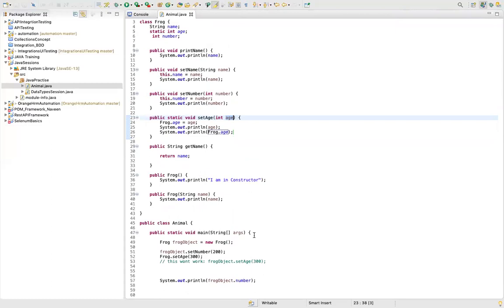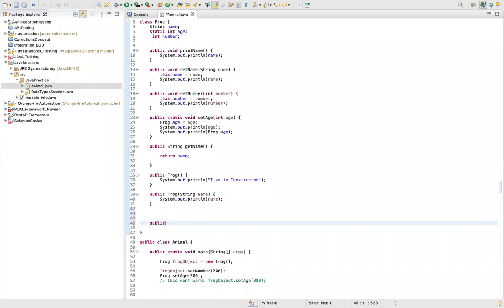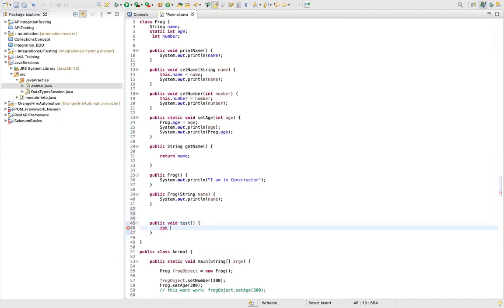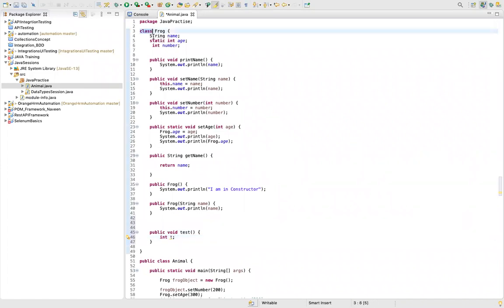So guys, there is one more thing. We saw a couple of types of variables. This particular variable is called a local variable. Whenever you create a method, you say public void test, this is your method, right? Whatever you define over here is called your local variable. Variables defined on a class level but not static, example this integer number, are your instance variables.